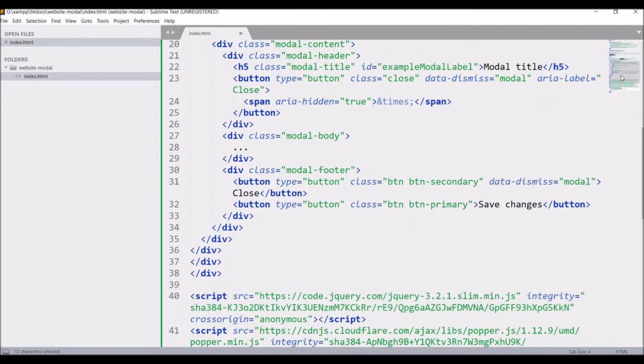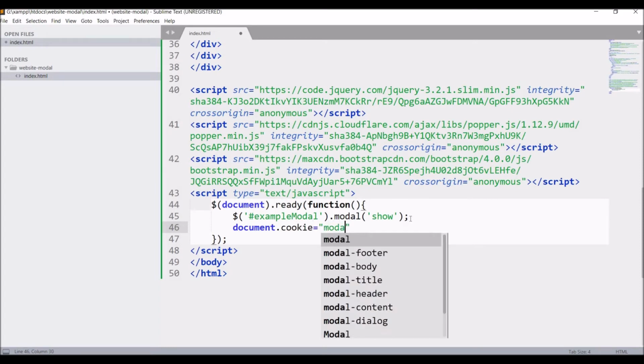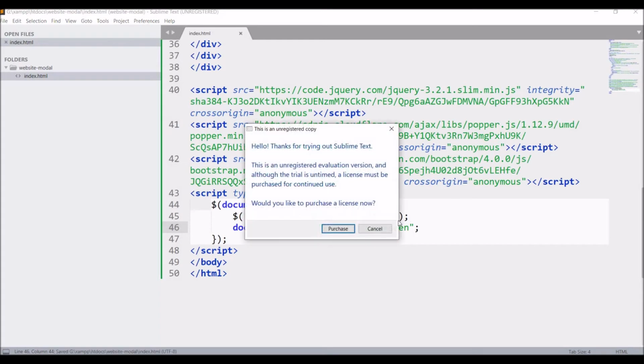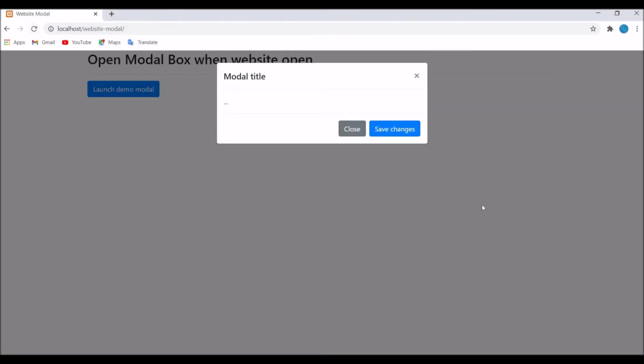But now let's move to our cookies, how we can use a cookie to open it just one time. Let's set our cookie: document.cookie equals modal. Let's give the name modalShown and the value, let's say, equal to seen. So modalShown is the name of the cookie and seen is the value. Now let's refresh.